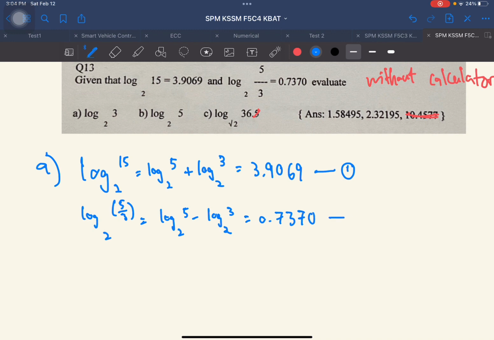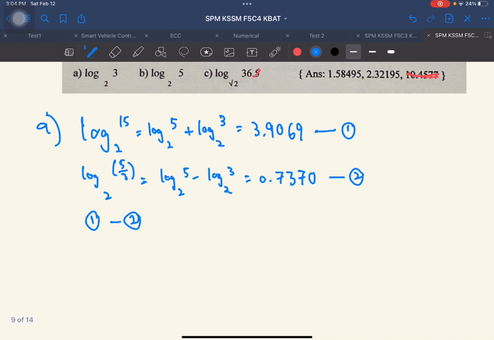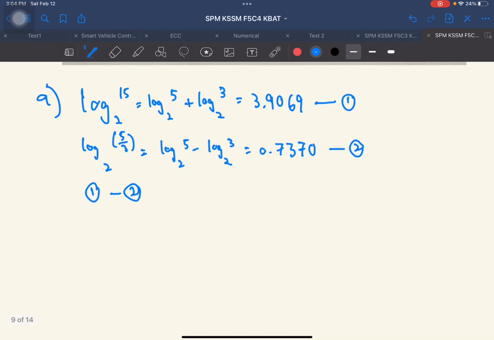This is equation 2. So to get log 3 base 2, you have these two equations. How are you gonna do it? You have first minus second one, as you can eliminate the log 5 base 2 if you minus it. Okay, so you got